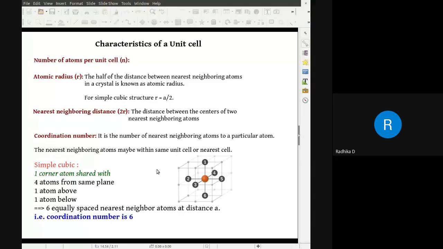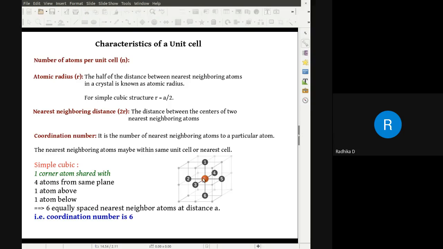I have taken a simple cubic structure. Okay. So this is my simple cubic structure. This is an entire structure, and all of them are simple cube based. Now, I have considered one atom at one of the corners. If I look into this entire structure, how many nearest atoms are there to this orangish atom?